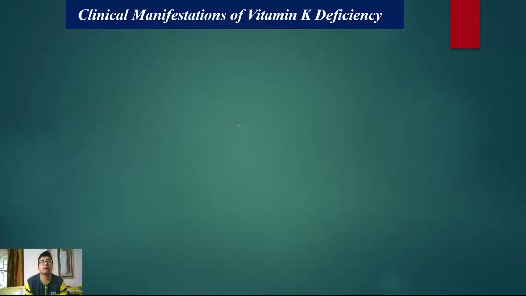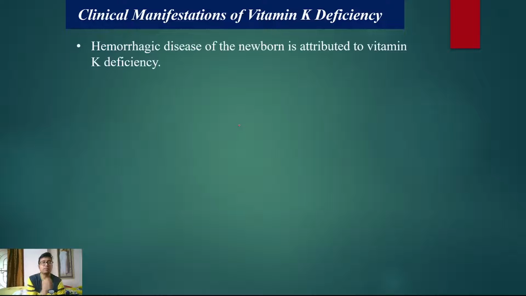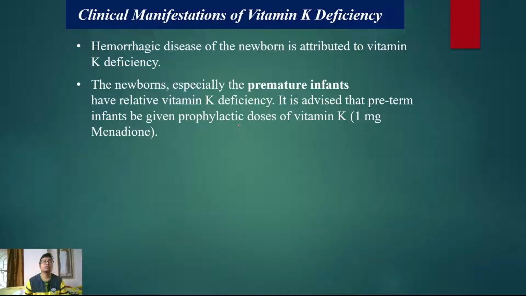So what are the clinical manifestations of vitamin K deficiency? As I told you, hemorrhagic disease of newborn is attributed to vitamin K deficiency, because the newborns, especially the premature babies, are deficient in vitamin K. They are relatively deficient because, as I told you, they absorb vitamin K from their mothers. But if they do not have the chance, if they are delivered before the completion of the 40th week,